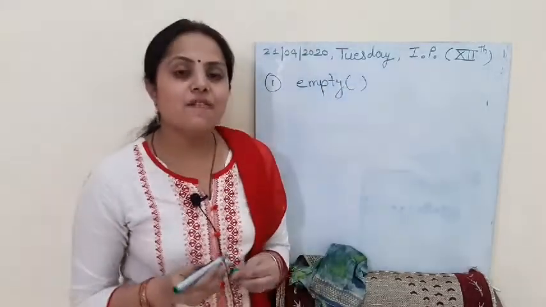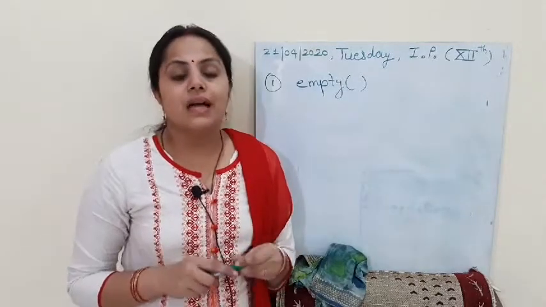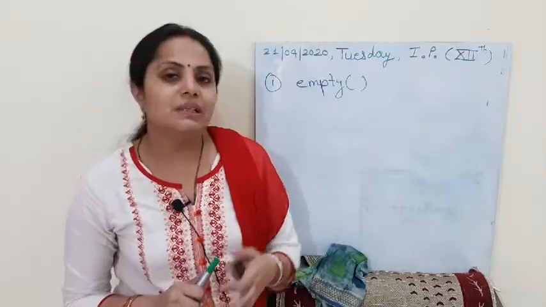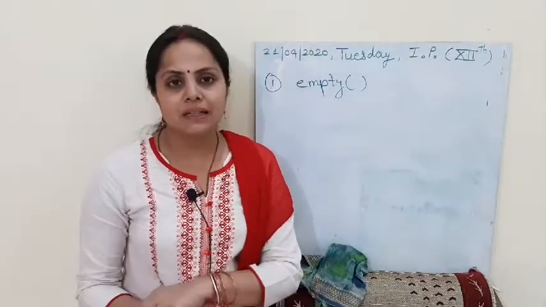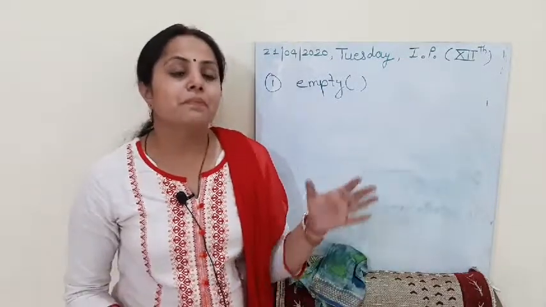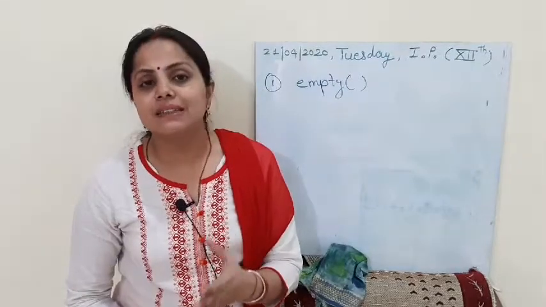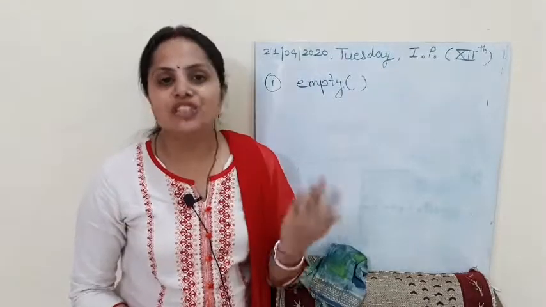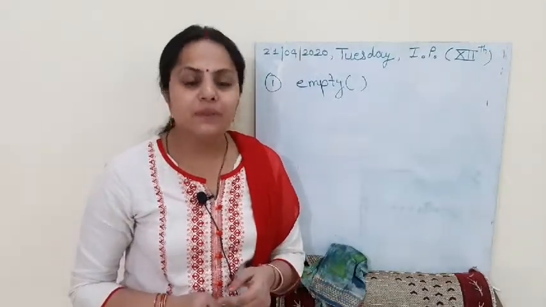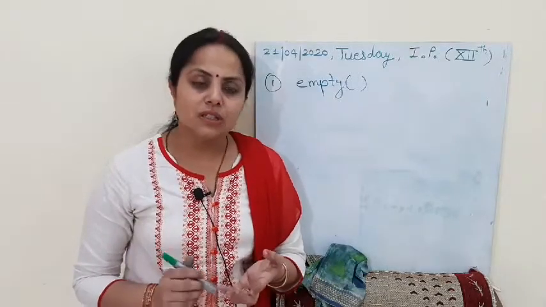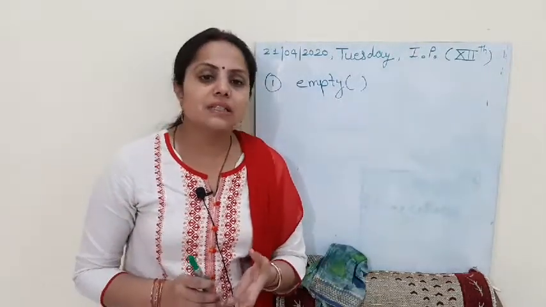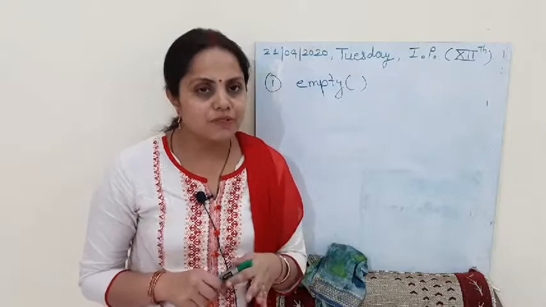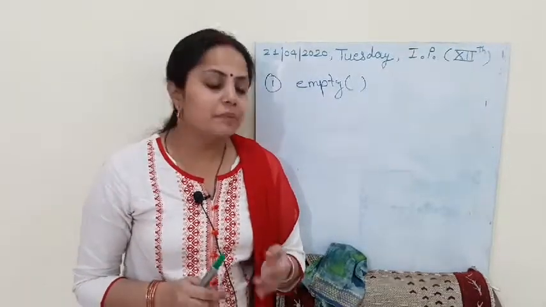Now, this empty function is used to create an array that is empty. Now, empty means there is nothing stored. But do you think it is possible that in memory nothing is stored and it is blank? I should say it's practically not possible. Whenever we create anything that is empty, it is filled with garbage values, random values that will be changed later. So when I am defining the data type, giving it is also optional, as I have told you earlier also. So as I am giving the data type or creating it without the data type also, it will be created with garbage values depending upon the data type that I am using.